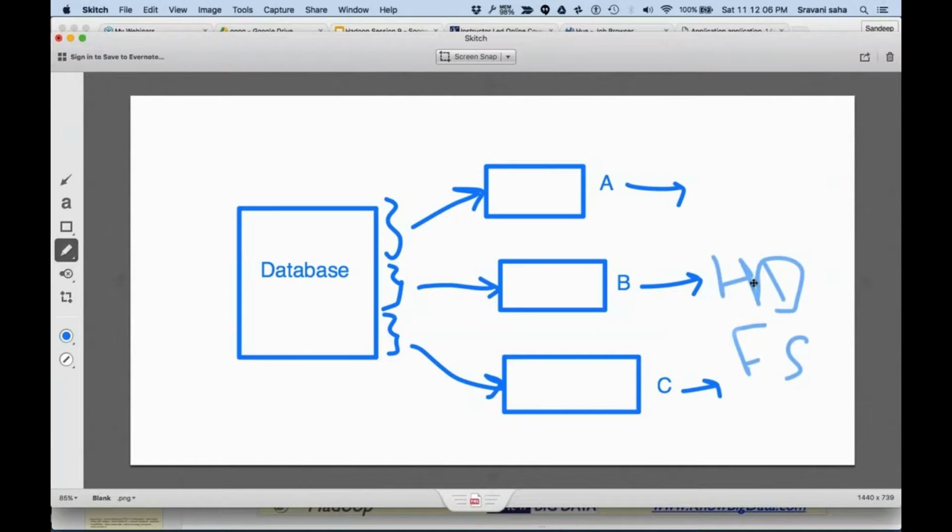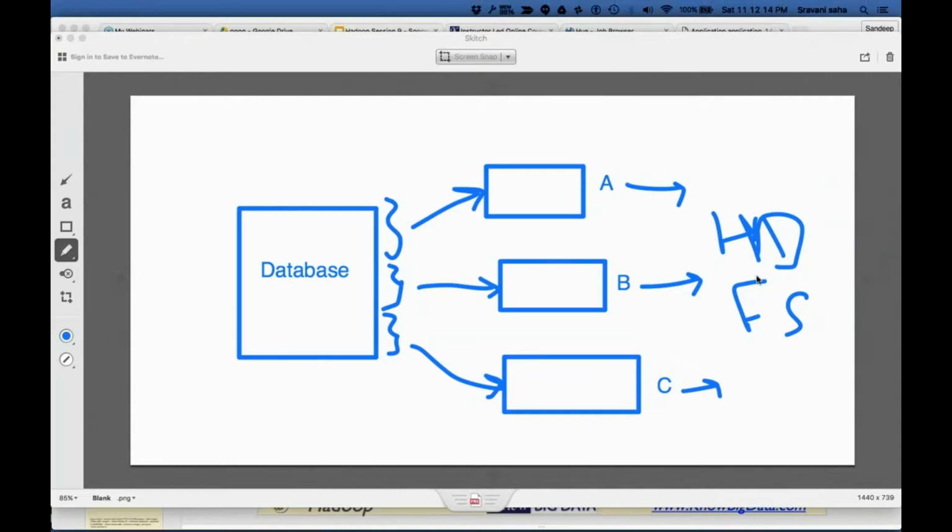Okay, HDFS is what you have here. All right, so now you can see how bad my handwriting looks. Basically you have this SQL database on one side and you have these maps. This is just a map phase. There is no reduce phase. Just after the map phase, it will put the data into